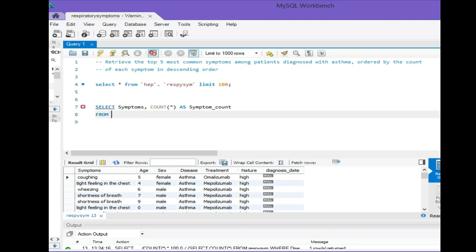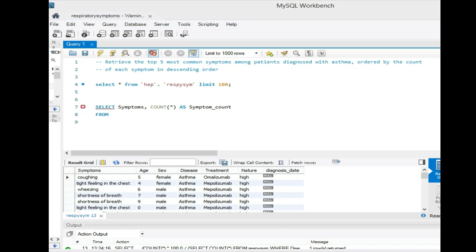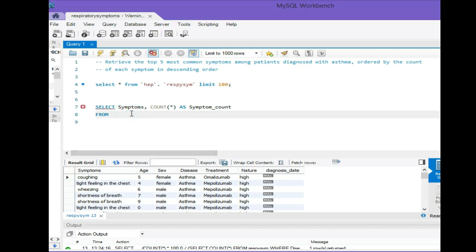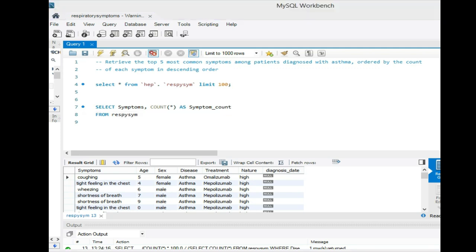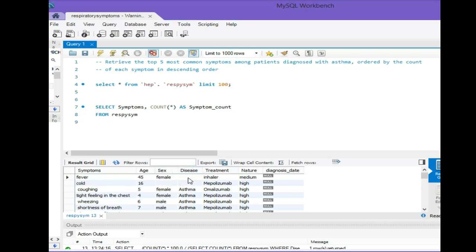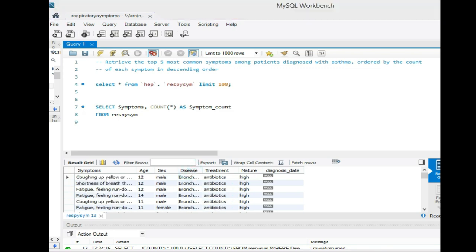which specifies the table from which data is being retrieved, and the name of this table is res. And now we should filter rows from symptoms where the value in the disease, here in the disease column, is equal to asthma. So where